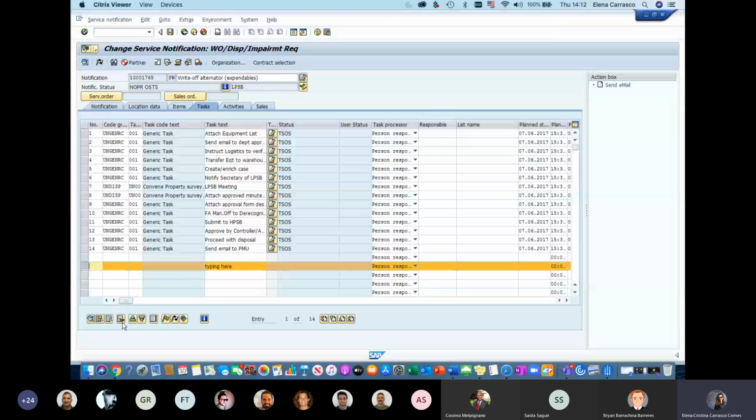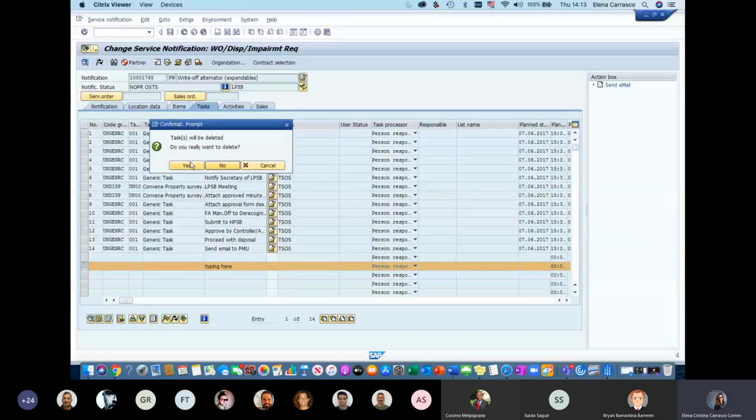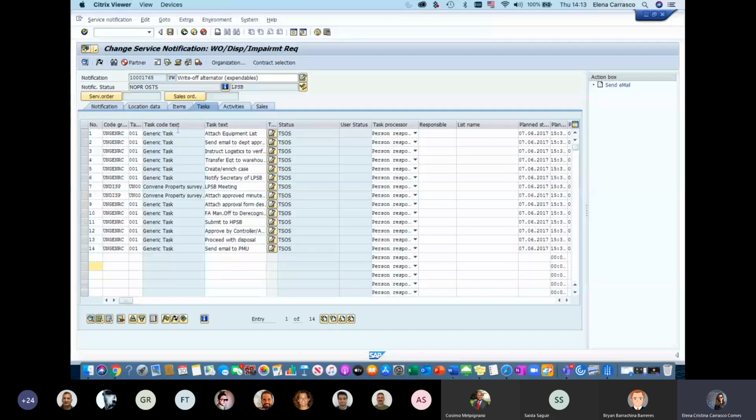The task can also be removed by selecting and clicking this button that says delete row. But also, the fact that I see a number, in this case 14 tasks, doesn't mean that I need to go through each one of them, and also in the same order. Ideally, yes, but